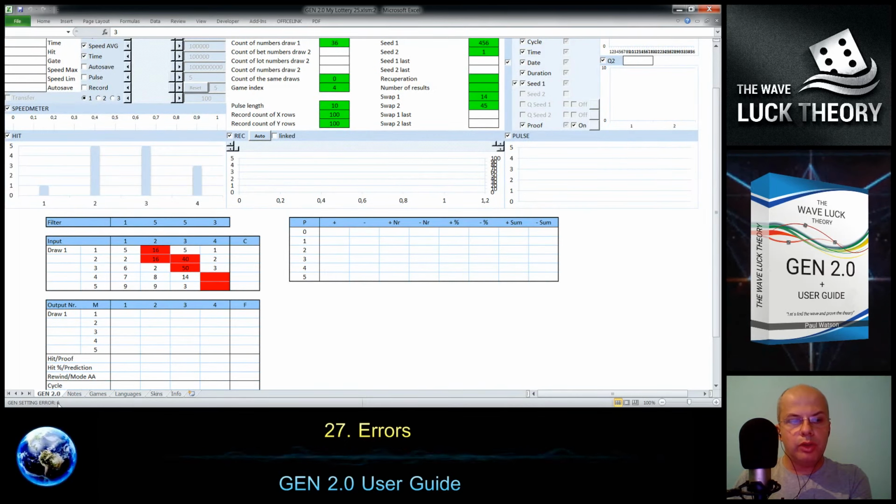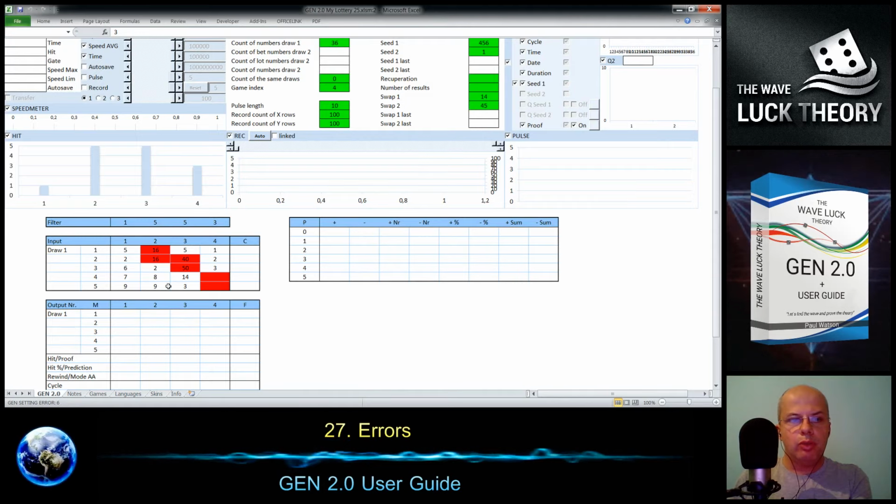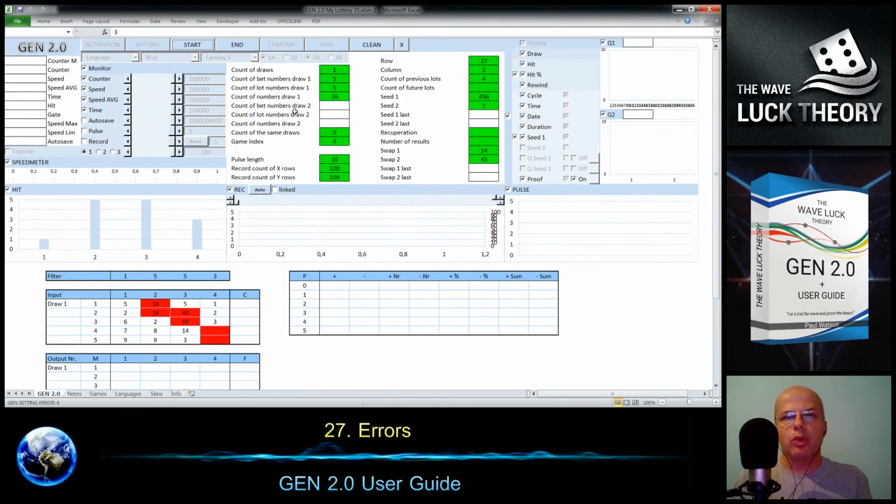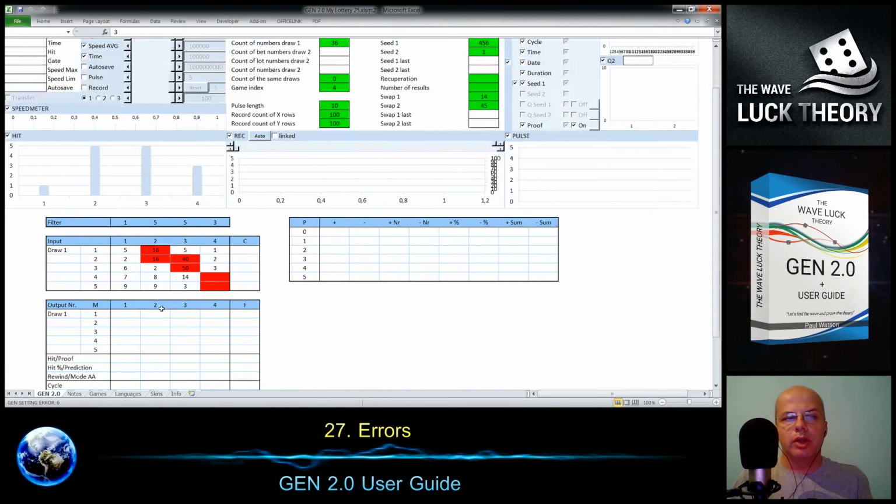You can see we reduced it to 6 errors. What problem is right here? It can happen only when you make some mistake during rewriting the numbers, or you are using the wrong preset for a different lottery. So the first problem here is we have the same 2 numbers, which is not possible. All the numbers should be different in each draw. So probably we did some mistake.